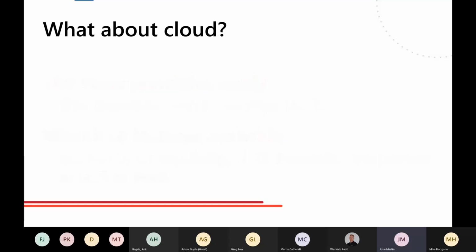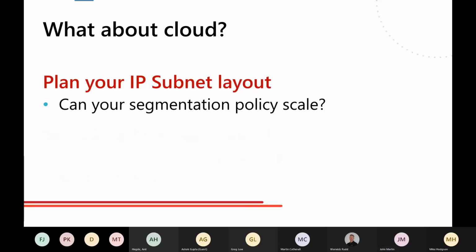So when we start thinking about the cloud environment, we want to make sure we're planning our subnet layouts and segmentation policy. Don't go hugely granular, because the cloud network environment is fundamentally a different thing, whether you're going enterprise WAN or a hub and spoke scenario. You just want to be very, very cognizant of that. It can get very complex very quickly, and you don't want to trip yourself up to prevent yourself from doing